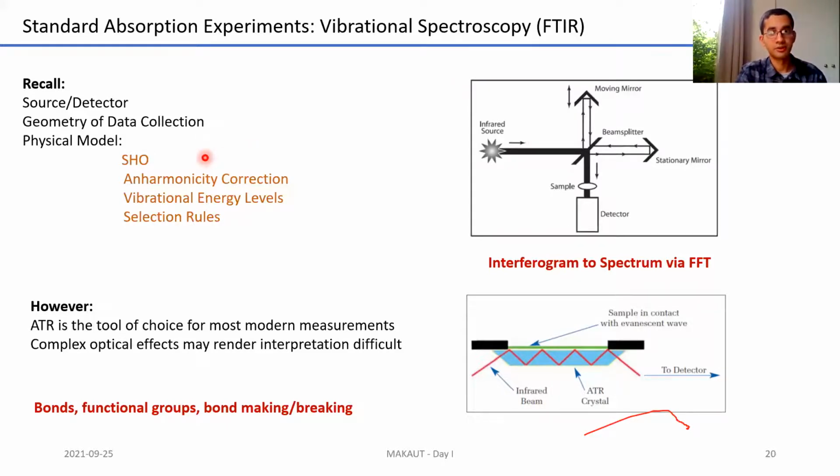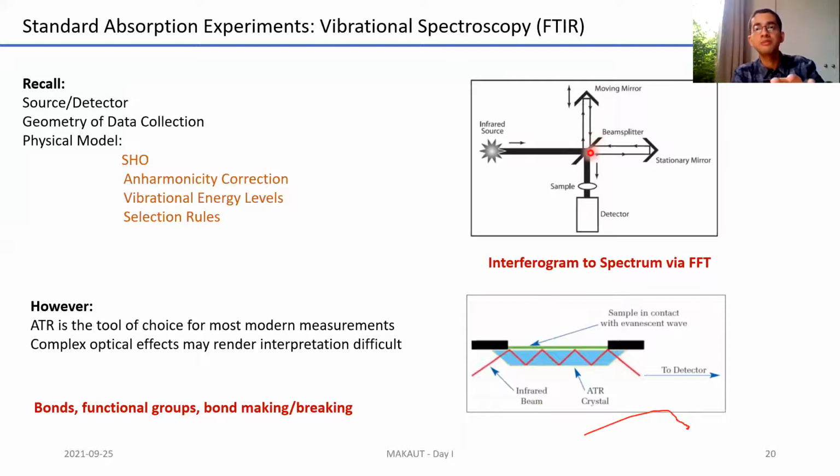However, there's a small catch to this. All of you have heard about Fourier transform infrared spectroscopy. We don't say Fourier transform in the case of UV because the instrumentation is different. So what happens in the case of a Fourier transform machine? This is a schematic of a modern IR spectrometer that you might have in your labs. There's an infrared source, and there are two mirrors here. One is a moving mirror, and the other one is a stationary mirror.